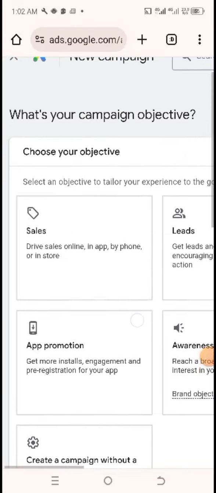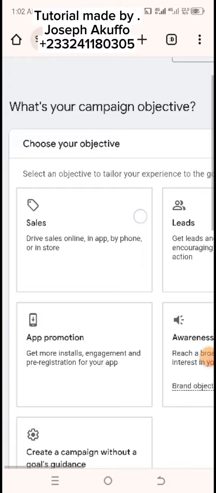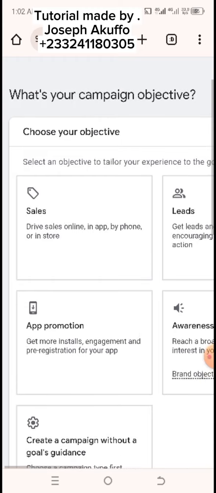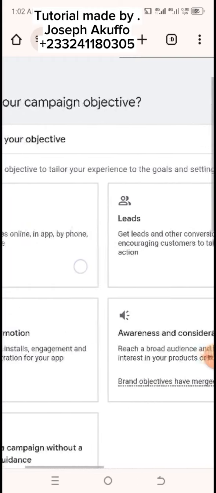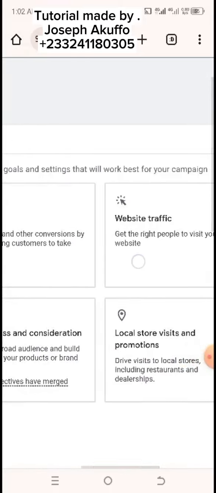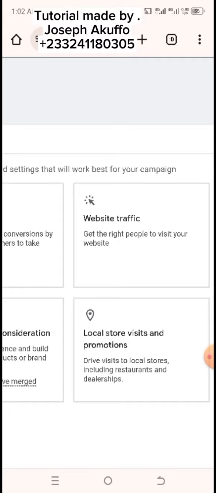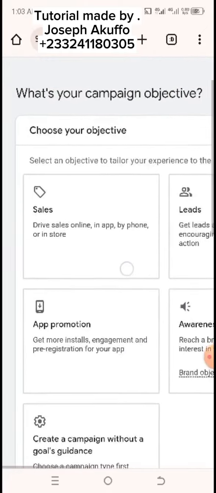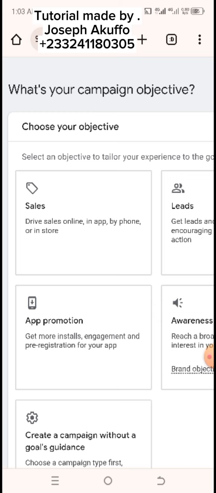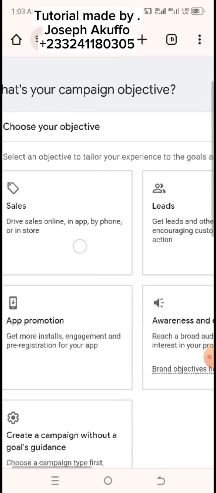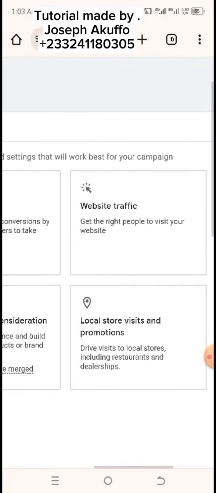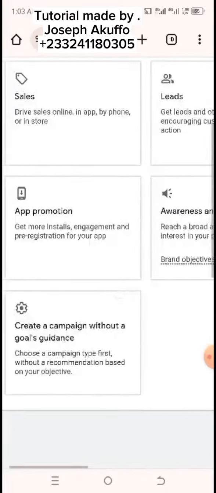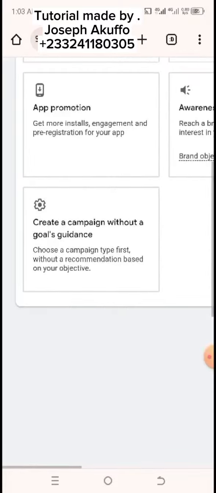So we have this. Choose your objective. What do you want to achieve with this advert? Do you want to make sales, or you want to generate leads, or you need website traffic? And so you can go through all these objectives and select the appropriate one. But the most common ones are sales, leads, and website traffic. Okay, these are commonly used, but you can go for any of these objectives depending on what you want to